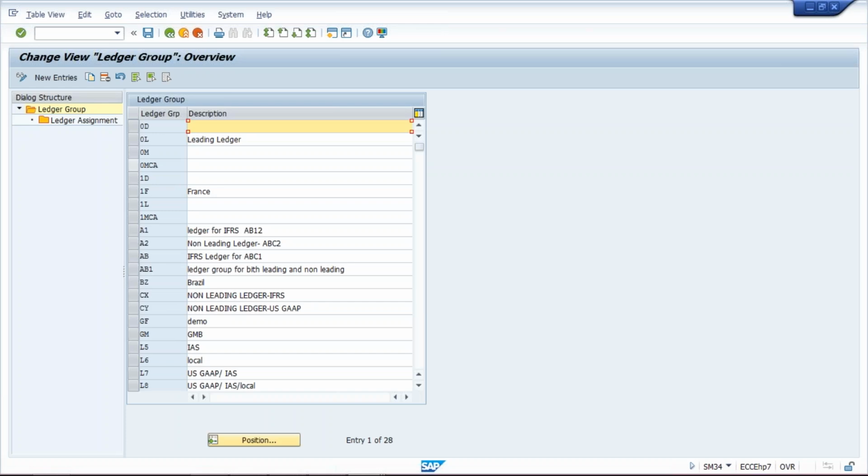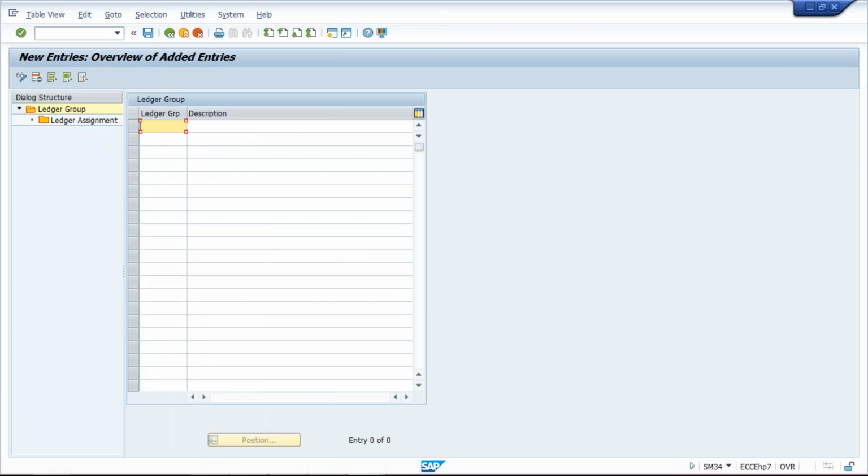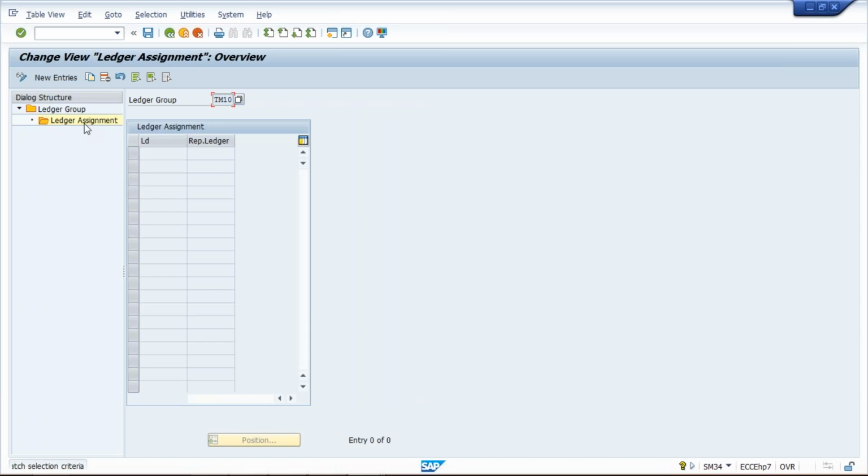Now here we are going to define a ledger group. Click on new entry and make your ledger group name also TM10, and you can give a description here. Press enter and then select TM10 and click on ledger assignment